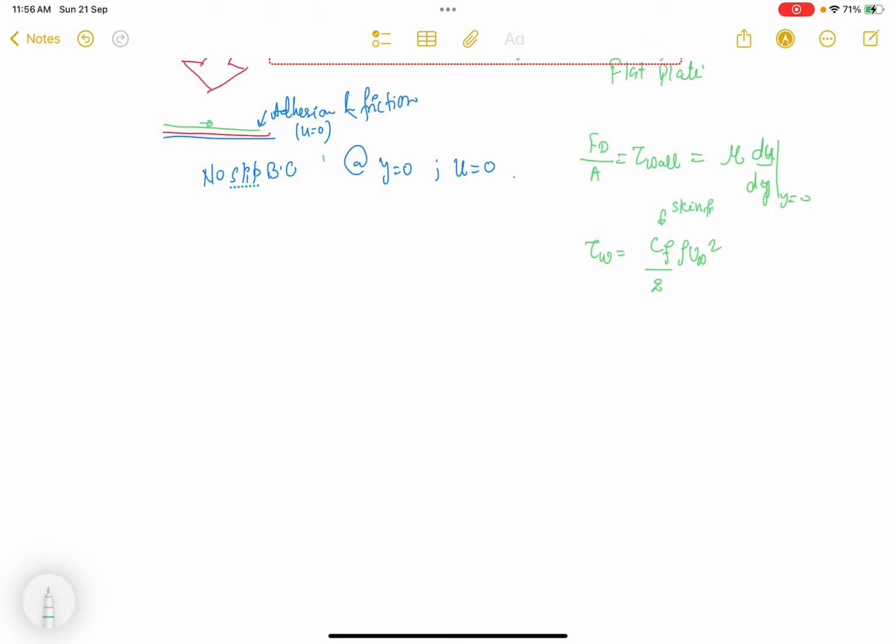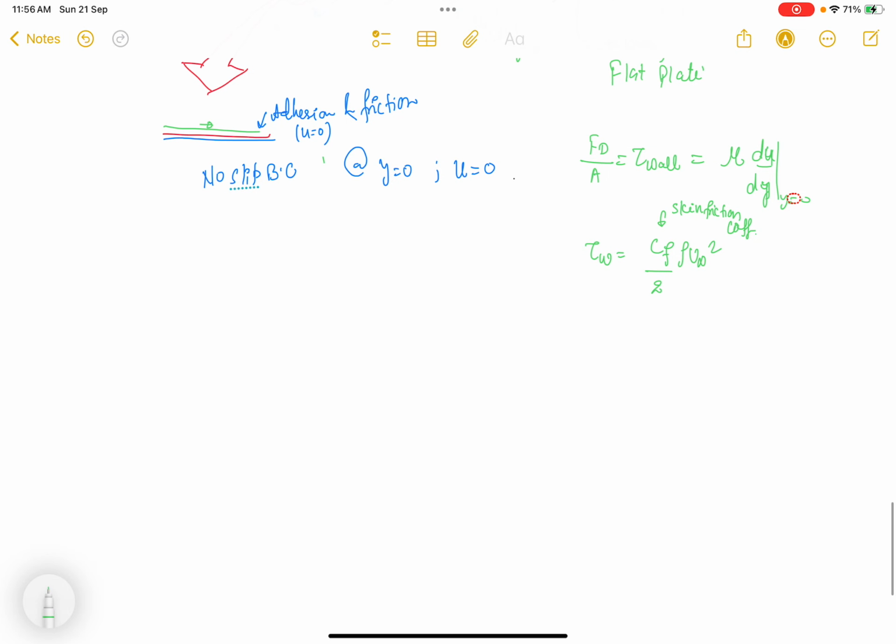Skin friction coefficient, right? So the main aim of studying this hydrodynamic boundary layer theory is to find this shear stress,